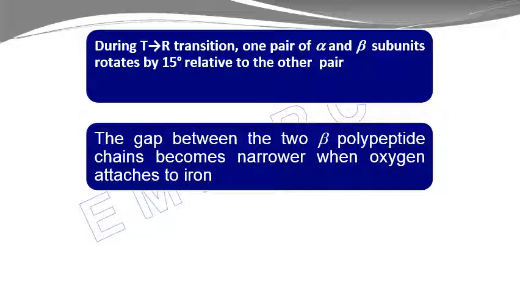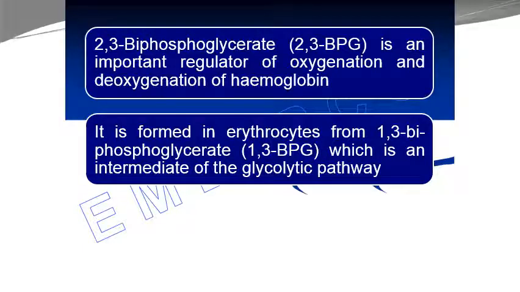Now, this process of oxygen binding to the hemoglobin is regulated by an important regulator. We call this regulator 2,3-biphosphoglycerate. In short, we call it 2,3-BPG. And it's a very important regulator because it regulates the oxygenation and deoxygenation of hemoglobin. This 2,3-biphosphoglycerate will be formed in the erythrocyte at first as 1,3-biphosphoglycerate. And if you have studied the carbohydrate metabolism, you have seen that it's an intermediate of glycolysis,